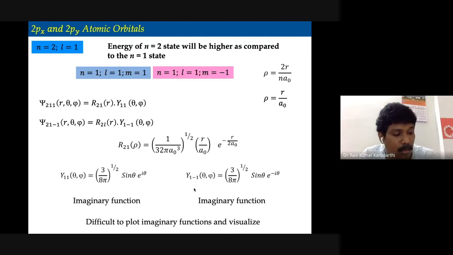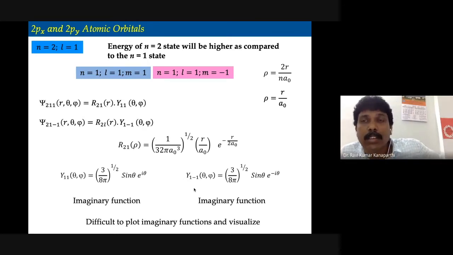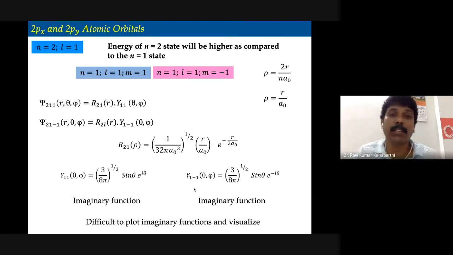So in the examination also, I can ask you a question: plot the spherical harmonics of such and such function. Sometimes I may give the function, sometimes I may not give the function, but I will give the orbital. Vice versa, it can be asked. I'll give the 2p z orbital, or I may ask you 2p y orbital. So you have to remember the functions. Sometimes I will not give the function, but simply give the orbital. If I give the orbital, you should be able to draw it, or if I give a function, you should be able to draw it. We should be ready for both.